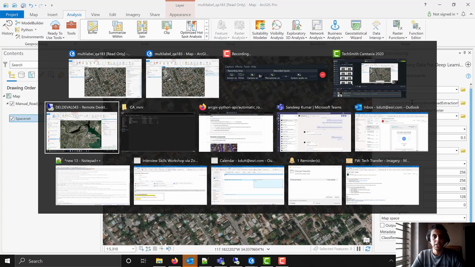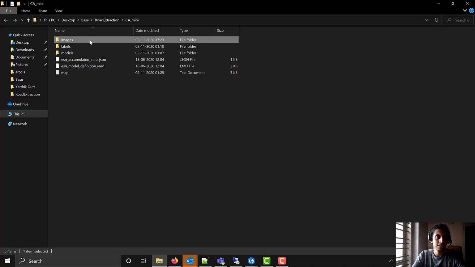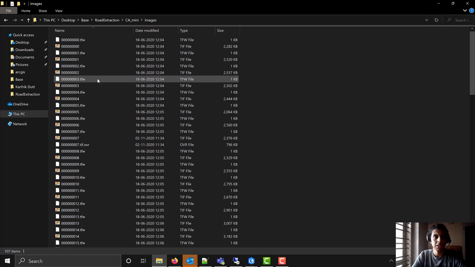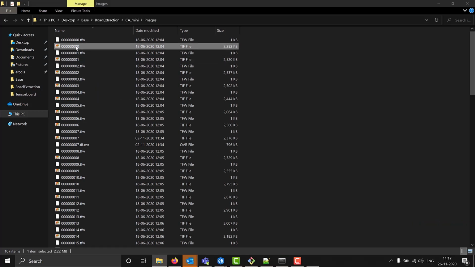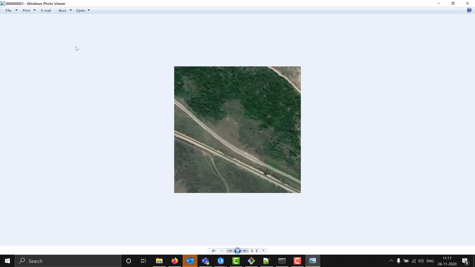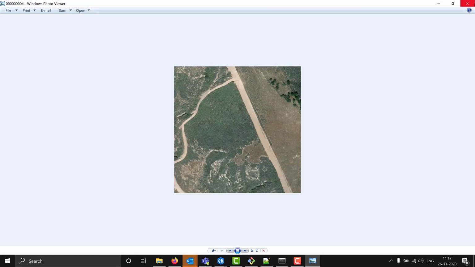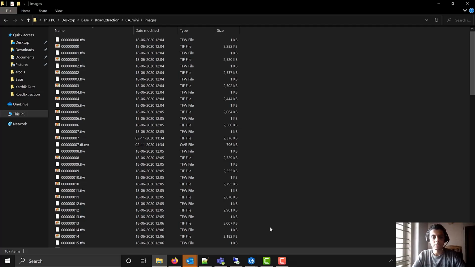The exported data looks something like this. The images and the labels are exported in their respective directories. Now we'll move on to the notebook, where we'll see how to train the model using this exported data.